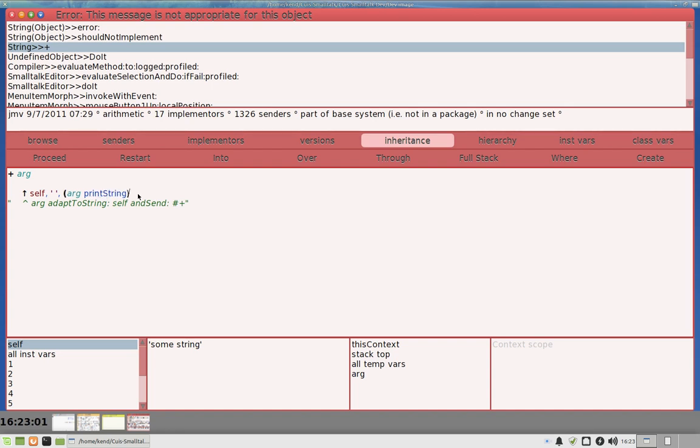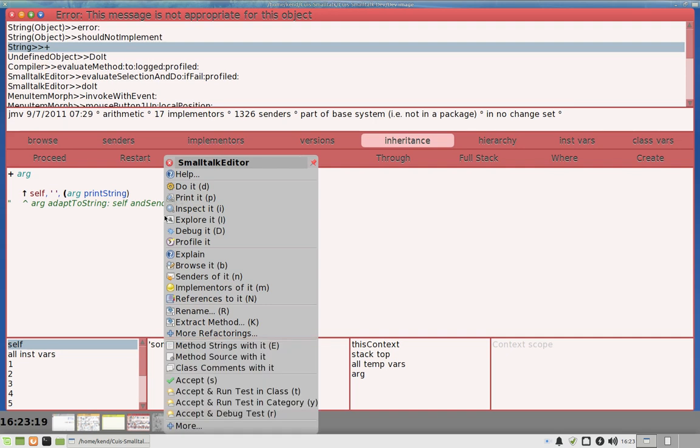So instead, when I'm asked to add something to a string, the string is just going to put down a space and the print string of the thing that is handed. This is a kind of silly thing to do. I really shouldn't do this, but I'm going to go ahead and accept that,